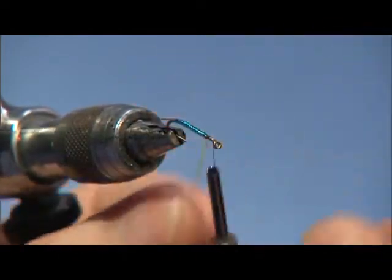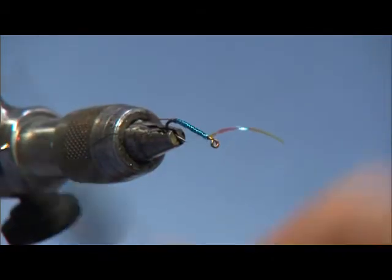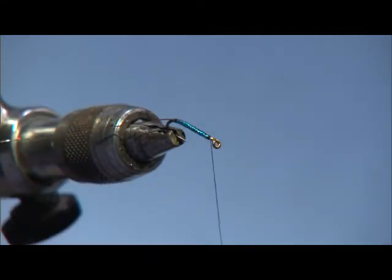And generally that dark colored black thread underneath the tinsel will give it kind of a bluish green look. So there's